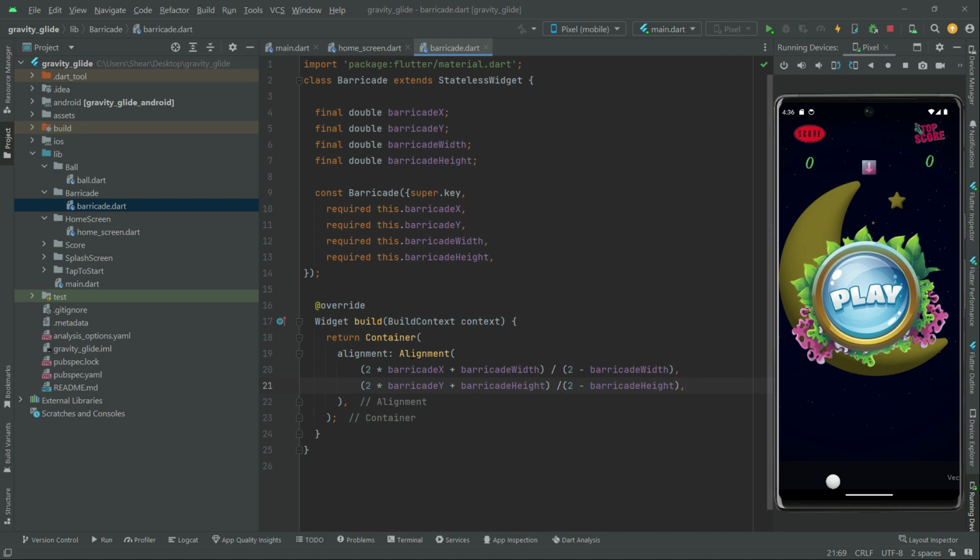So you guys know already, in here we return the container widget, and in here we take the alignment. So this first line of code, you guys can see that over here what it will do is just represent the horizontal position of the barricade, and the barricade width over here represents the width of the barricade. So this formula calculates the horizontal alignment value, and 2 multiplied by barricade x-axis doubles the barricade x coordinate, and